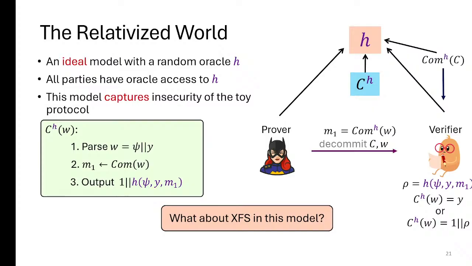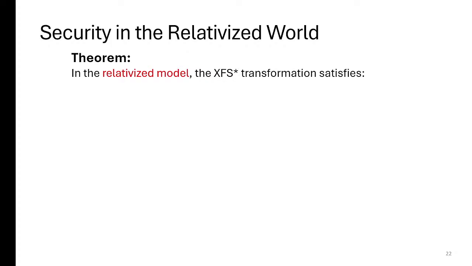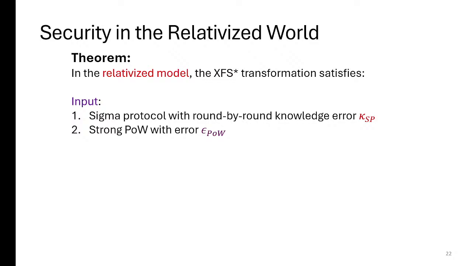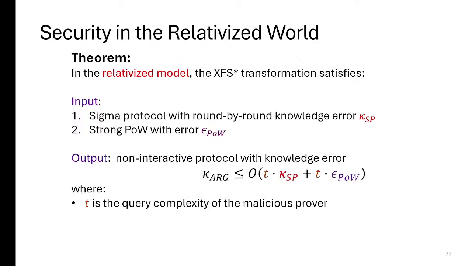So what about XFS? Well, we show that in this relativized model, the XFS transformation has the following. If you have a sigma protocol with some round-by-round knowledge error, and a strong proof of work with some error epsilon, then the non-interactive protocol has knowledge error k, which is bounded by t times the knowledge error plus t times the strong proof of work error, where t is the query complexity of the malicious prover. Remember, we're in